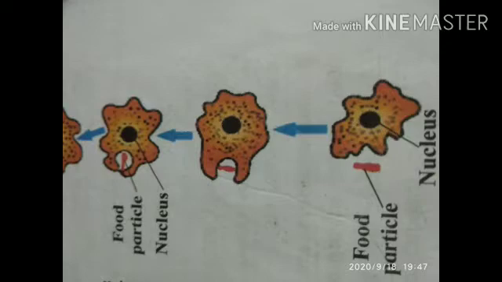It can take in food through any part of the surface of its unicellular body. It surrounds the food particle from all sides to take it into the cell. After that, it digests the food with the help of different enzymes. Undigested food is left behind as the amoeba moves further with the help of pseudopodia.